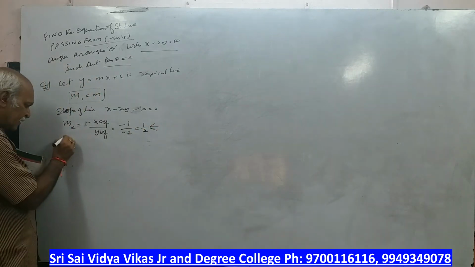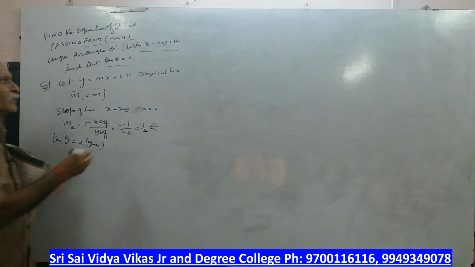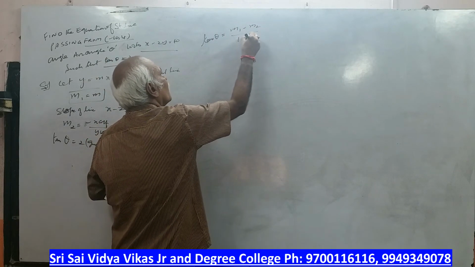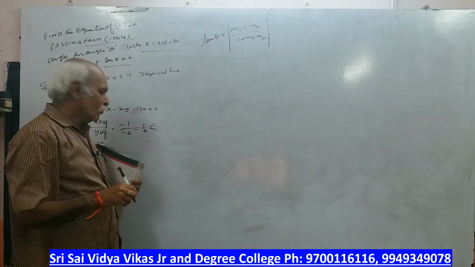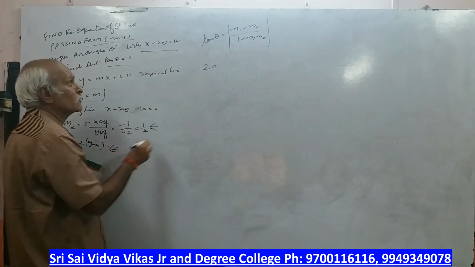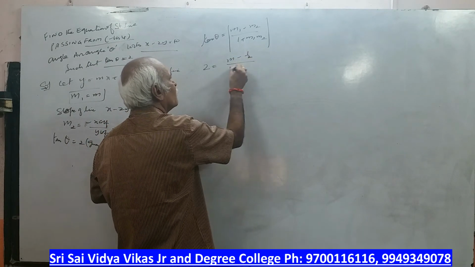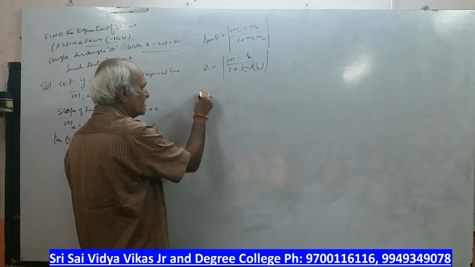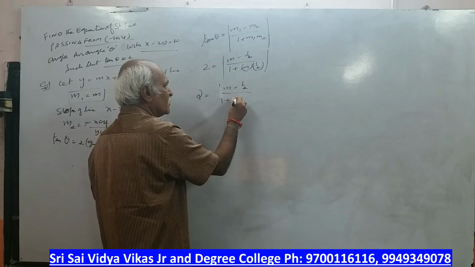Okay, we got that. Tan theta is equal to what, sir? Yes, given. What is the tan theta? 2. Therefore, tan theta is equal to modulus of m1 minus m2 by 1 plus m1 m2. This is the formula. He has not given the angle, directly he has given tan theta. 2 is equal to m1 is m minus m2 is 1 by 2, by 1 plus m into 1 by 2, modulus. First I will consider the plus sign, by 1 plus m by 2.